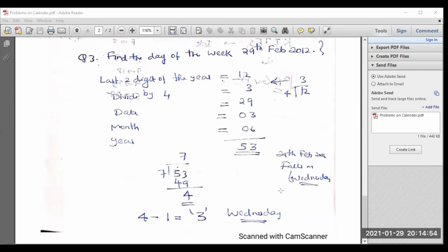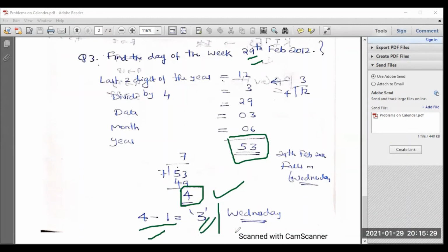Take the summation. 53. It will be 53, right? Summation will be 53. So what you can do is 53 divided by 7. So what is the remainder? Remainder will be 4. Remainder is equal to 4. Now we need to take care here. So this is a leap year, no? February 29th. Immediately you have to recall that information. 29 February means that is a leap year. For such a case, this remainder should be reduced by 1. So 4 minus 1, that is equal to 3. So the answer is Wednesday.